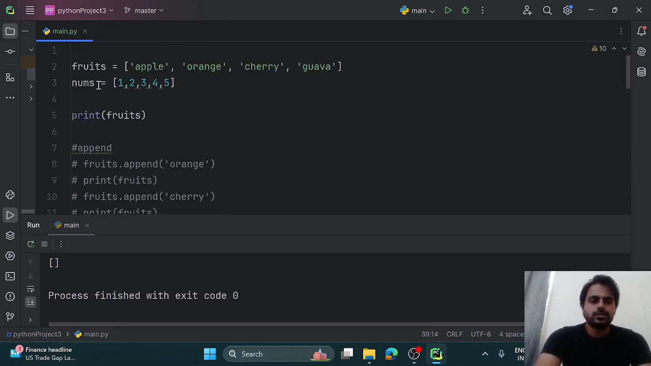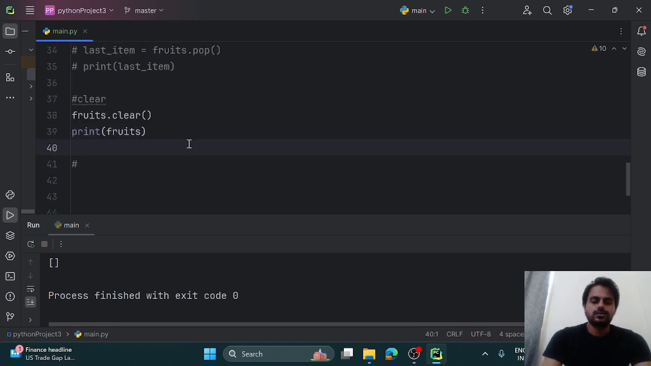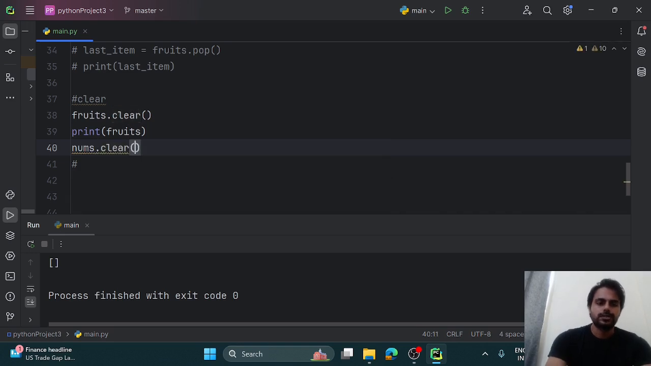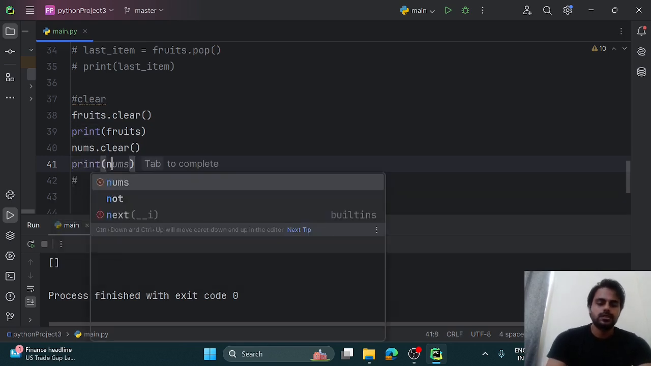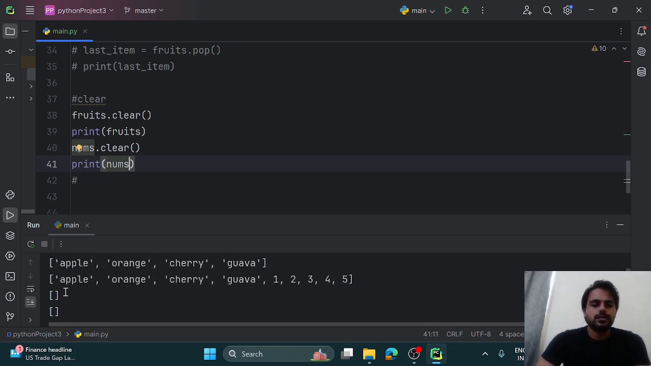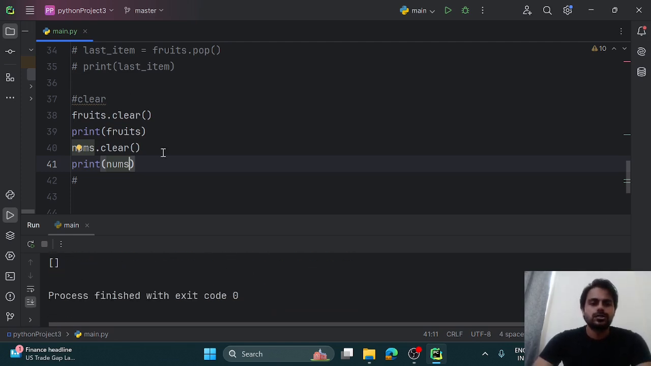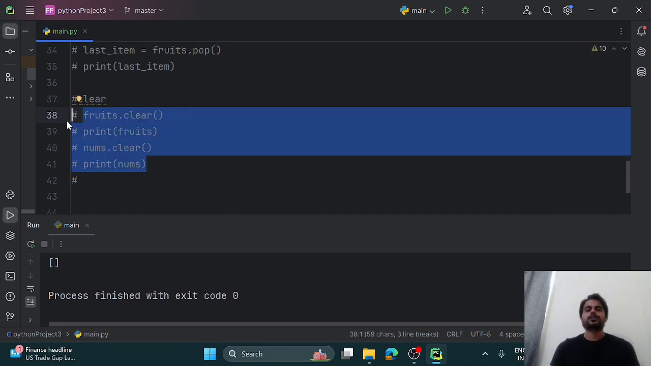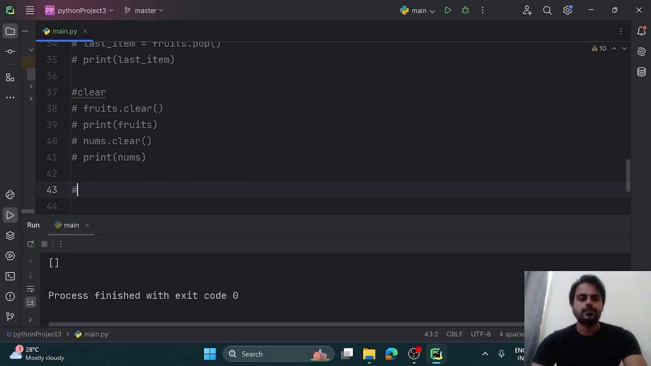So after that clear method, let me show you on the nums list also first. So nums, the name of the variable that is referencing the list, then the dot operator, and then the name of the method. Okay, we are going to print the nums here. So as you can see, there is nothing inside the list now. So clear is used to clear the elements from the list, to remove the elements from the list. Okay,